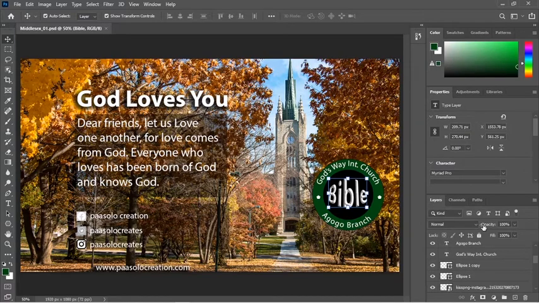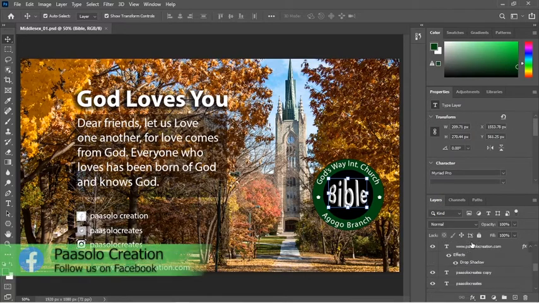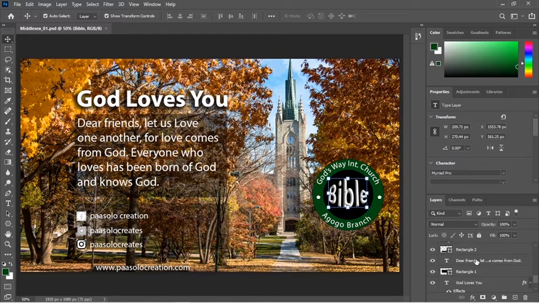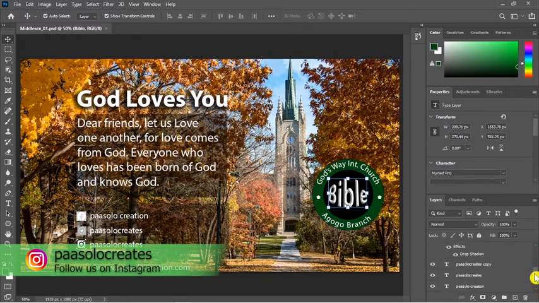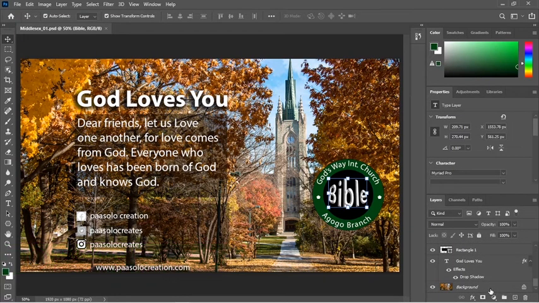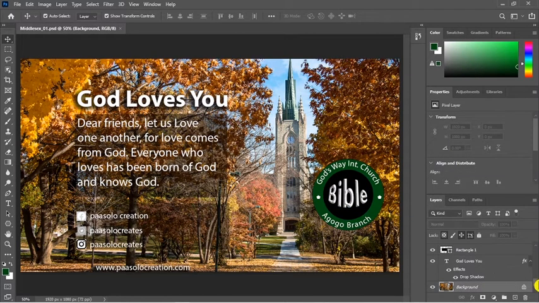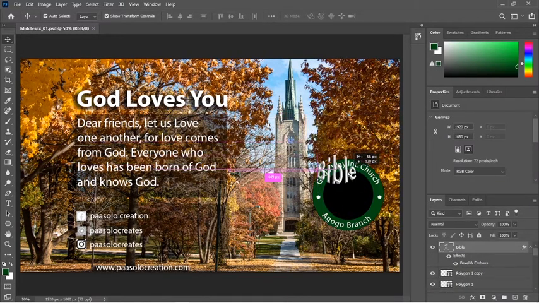Alright, so at your far right, at the layers tab, just point where the layers are and scroll all the way down, or you can use this button here to scroll up and down. Scroll all the way down and select the background, and you see that the background is locked because we don't want the background to be moving around. Like if I try to move this one, you see that it is moving, but if I try moving this one, it will not go because it is locked. So let me go back, Control Z to undo.